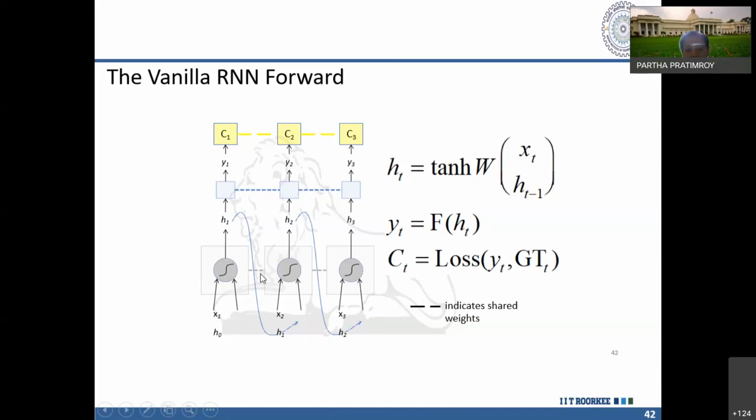Now these W1, W2 values need to be modified according to your error. Everything we need to adjust according to this total process, not with a single block. In a multi-layer perceptron, you are using a single block. Here you are actually using a full set of layers, so everything will be processed together. Correct? Have you got it?